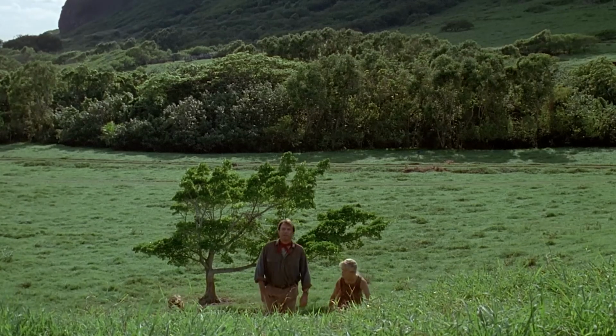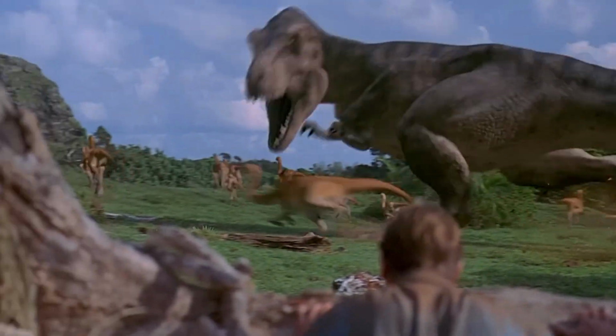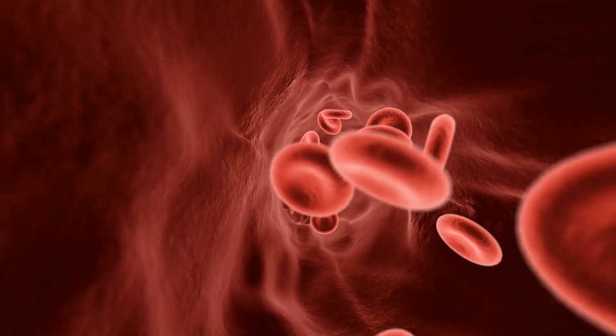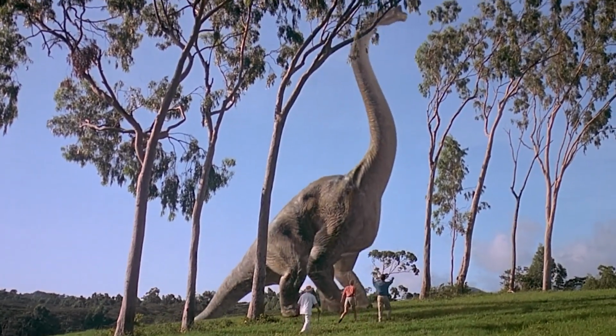There's a scene in the 1993 movie Jurassic Park that shows a Tyrannosaurus rex attacking a herbivore and tearing it apart, spewing blood everywhere. But how much blood would have been circulating in the bodies of the most well-known and popular dinosaurs? And what kind of heart and circulatory system would have been necessary to pump all this blood throughout